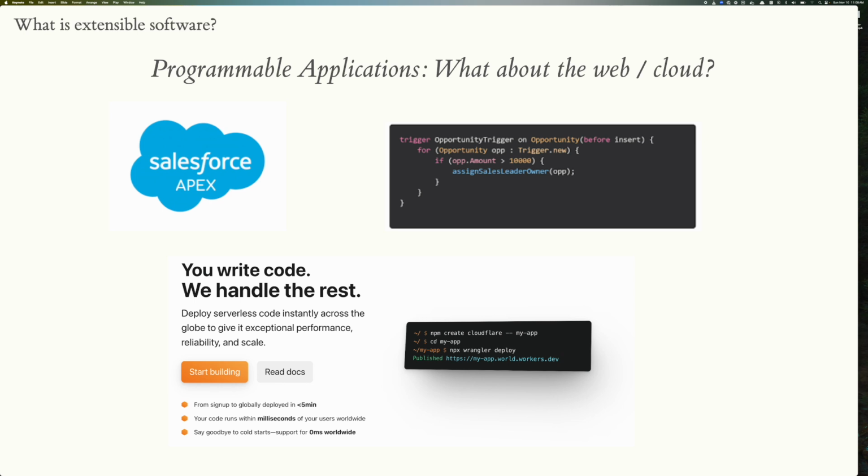It's a CRM, and it's fully programmable in that you can push code into it, and it can call that code when things happen. So it has basically a plugin system in it. They have their own language called Apex, and it's really powerful, but also much maligned amongst the programming community.